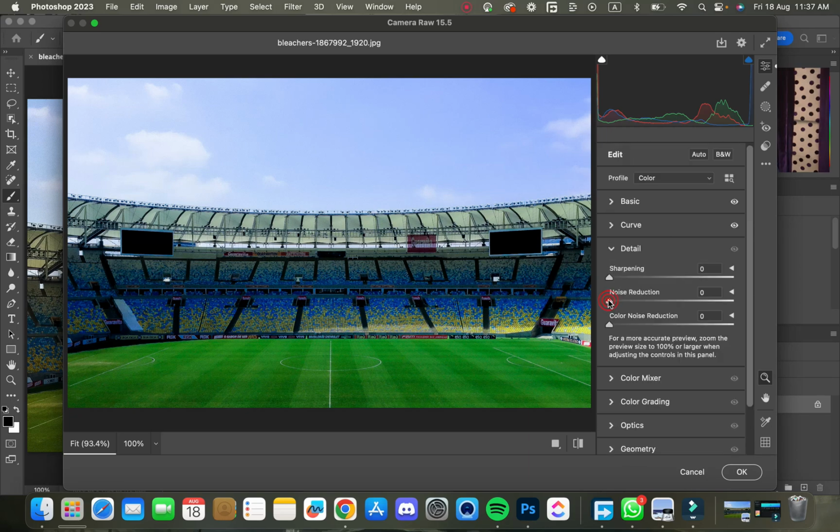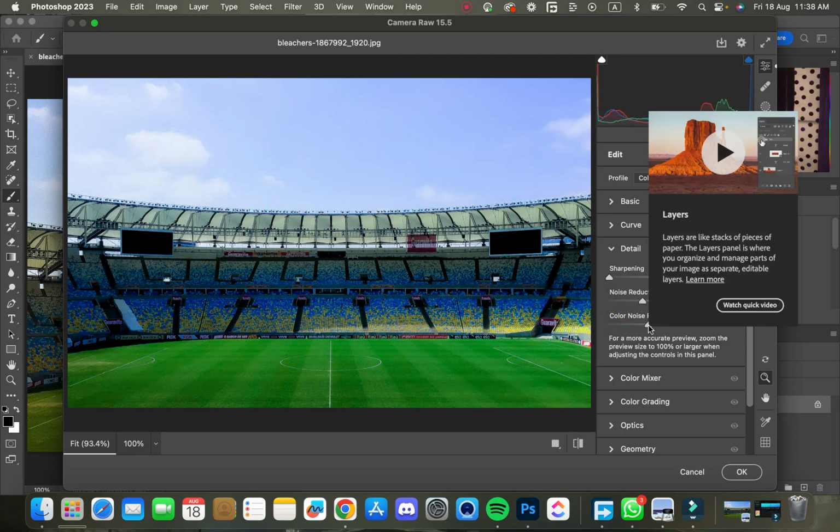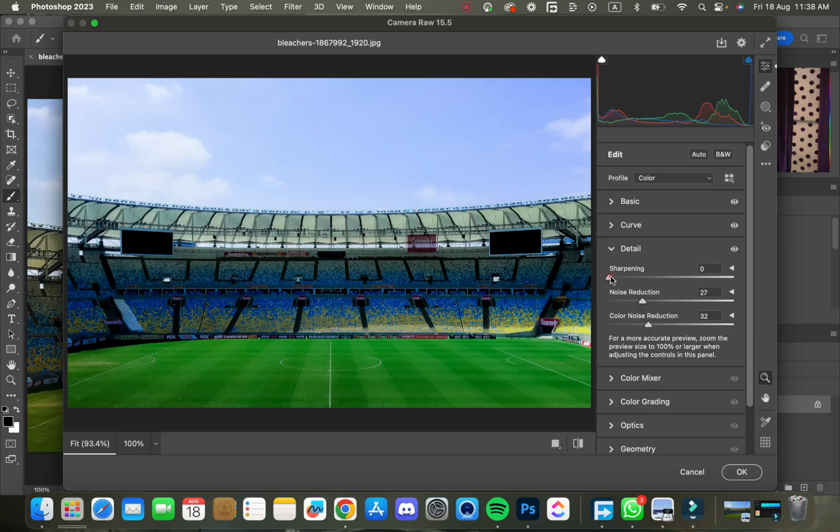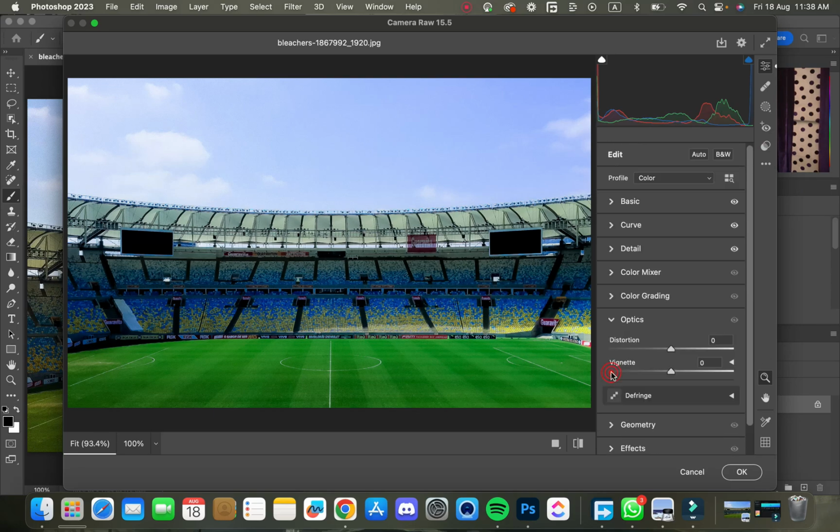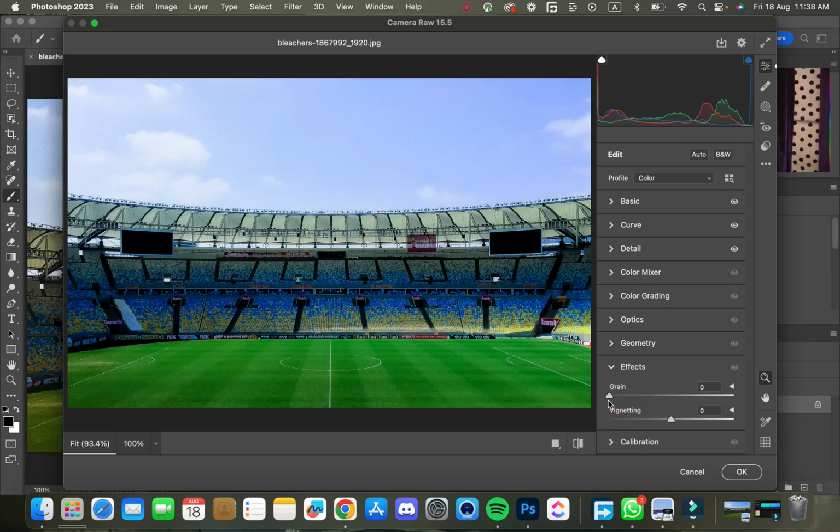So we have the detailing, noise reduction, color noise reduction. The image is becoming smooth now. Sharpening, and like this geometry. So these are some of the things you can add to enhance the quality of your image,